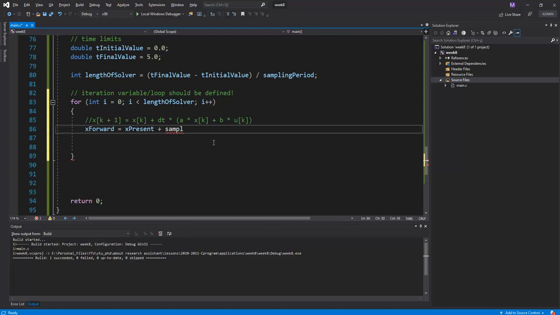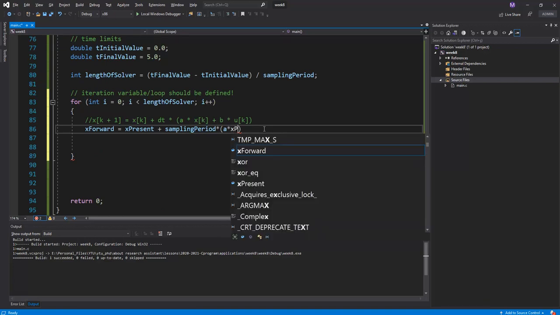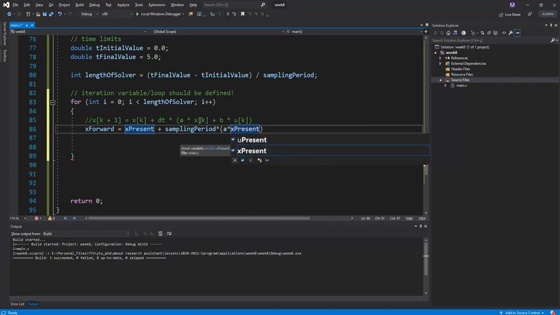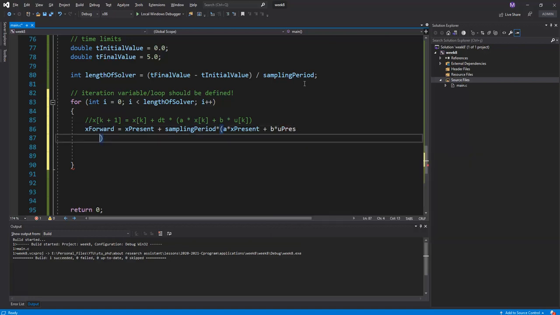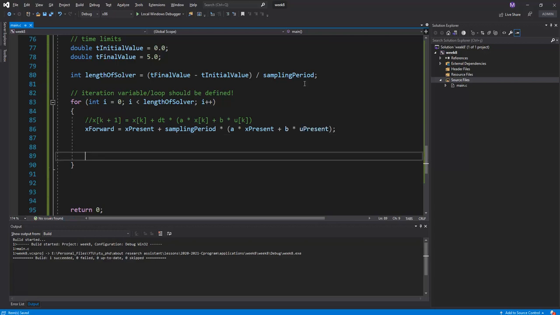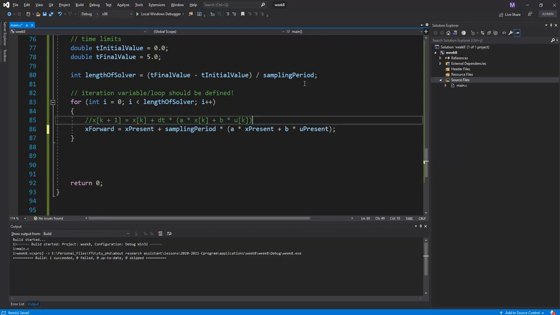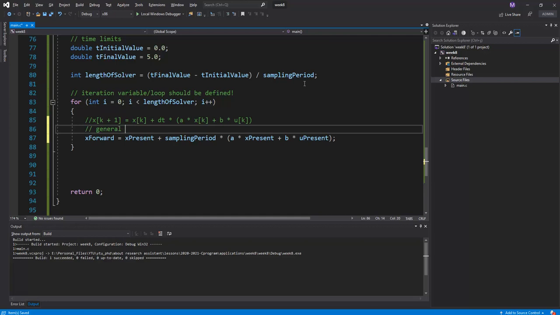Okay? Times what? The a, which is defined in the beginning of this code, times x present, because the xk times a is given here, and so plus b times u present. Okay? This is our general solver code